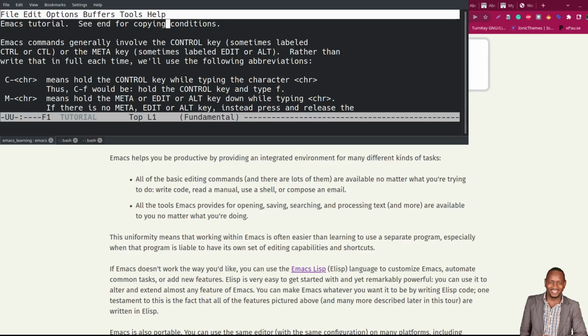To go backwards using the meta key or the Alt key, you press the Alt key and then B to go back one word, and that's how you go about it. So you can go forward a character or go backwards a character. Now to move